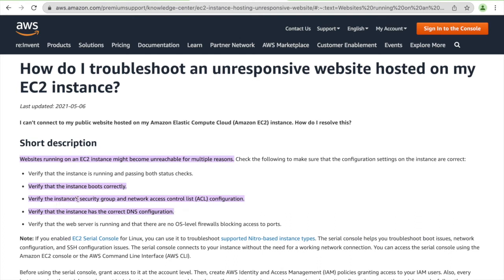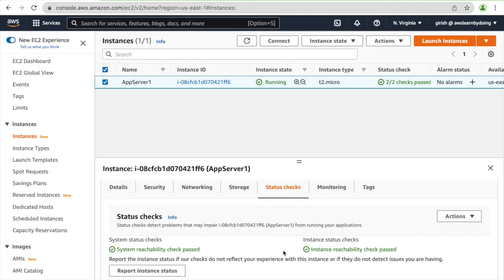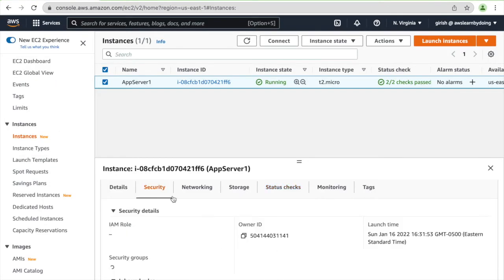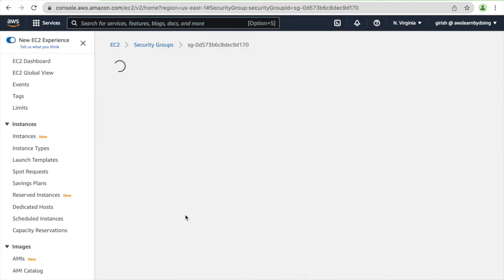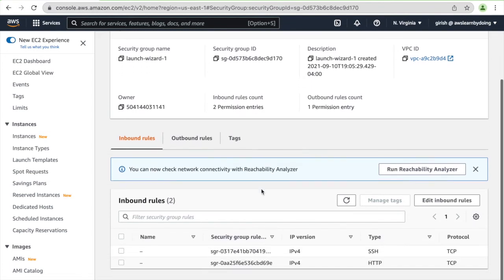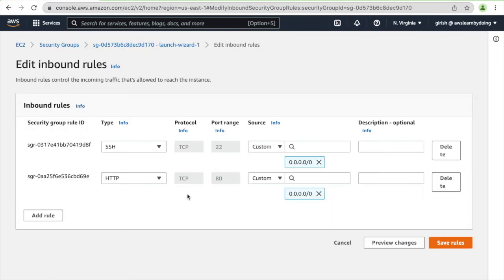The third thing to look at is the security group and NACL, the network access control list. So let's go here and see the security settings. Okay, so this is a security group. What we really need to make sure is that you have an inbound rule. Let me just show you. This is easy to see.